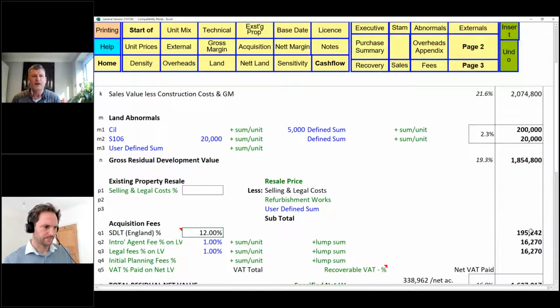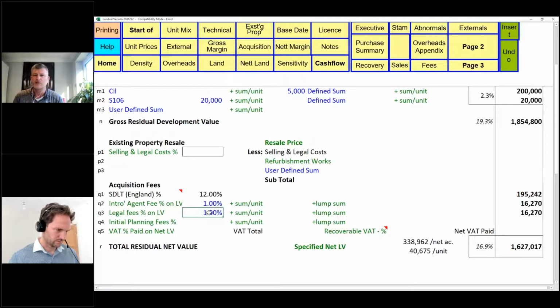We've got our stamp duty, that's being delivered in there, and if it changes, because it does, we've got a table that you can change yourself, so it comes through. So just keep it as it is. We've got our agents fees, we've got our legal fees, we've got our brown envelopes. Oh no, we don't, sorry, we don't do that anymore, do we? We've got our incentives that we do, working with our agents, estate agents, however you get your land.